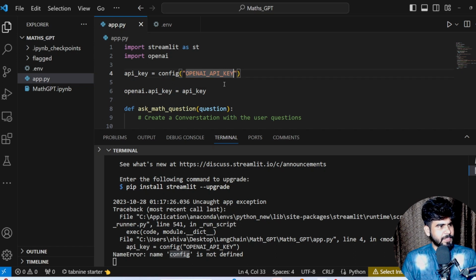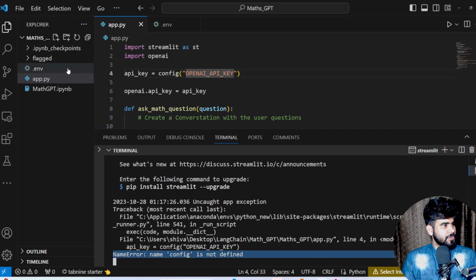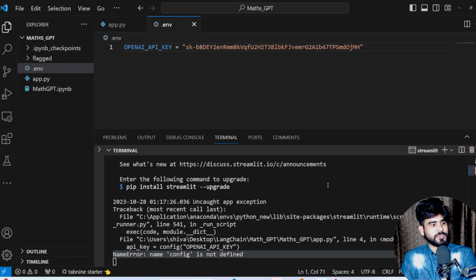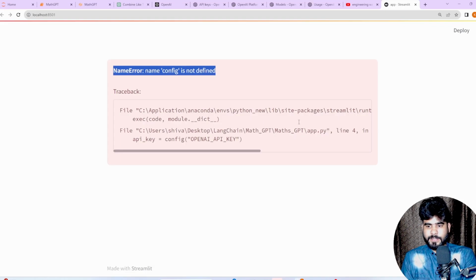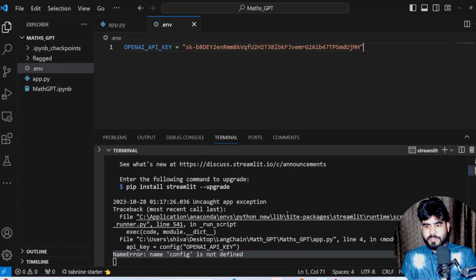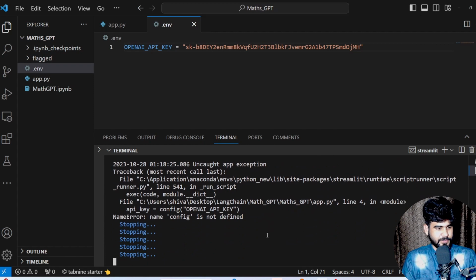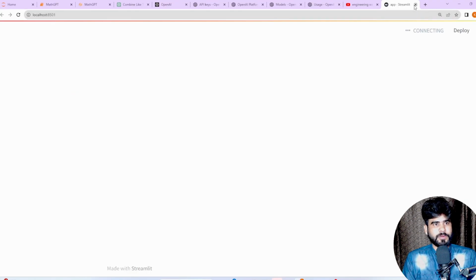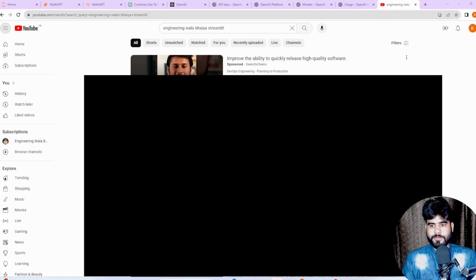Why are we getting this? So what we can do, NameError config, config API. Now let me go here. As you can see here, we have created multiple, so that's why. Now let me rerun. Actually I need to rerun this particular link from here. So let's stop. Let me close this link from here.